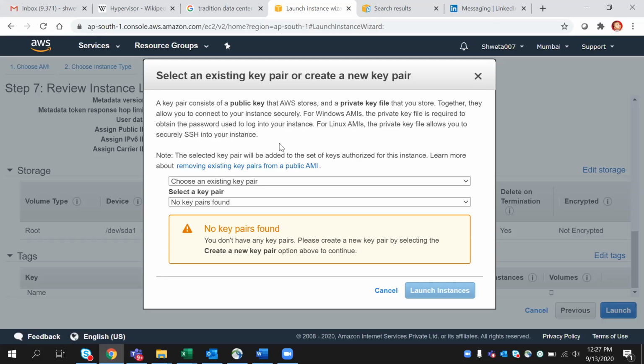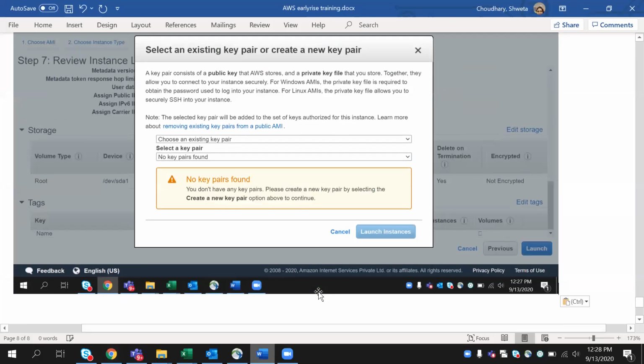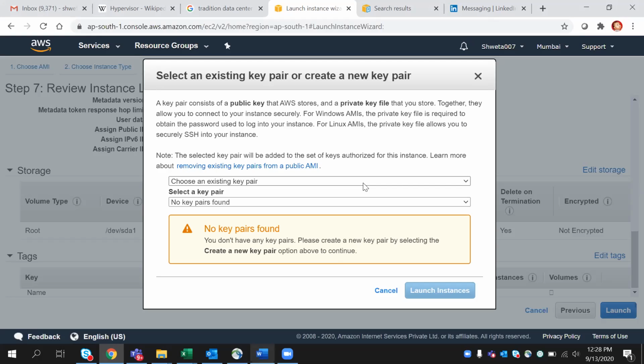And you will be successfully able to log in. So in place of a password, we will be using a key, right? You heard about keys? Anyone? Cryptographic key? Yep. No? So here in case of Windows, what happens, I'll tell you. In case of Windows, this key is only used for getting the first time password, right? In case of Linux, we'll be using the key pair itself.